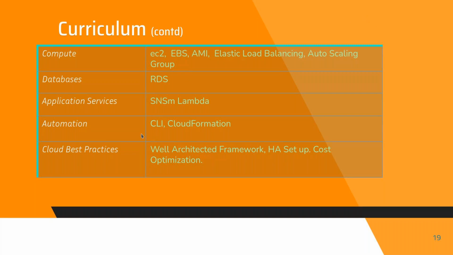Like I told you, there are management services which I did not include here, but we will cover them. What are the various management services available? What are the development services, like CI/CD tools, that are available in AWS? We are going to talk about the theoretical aspects of them. And finally, we are going to talk about cloud best practices, how well you can architect your applications on cloud. Okay, how can you make sure they are highly available, in the sense there is very little downtime. And at the same time, how do you do cost optimization?